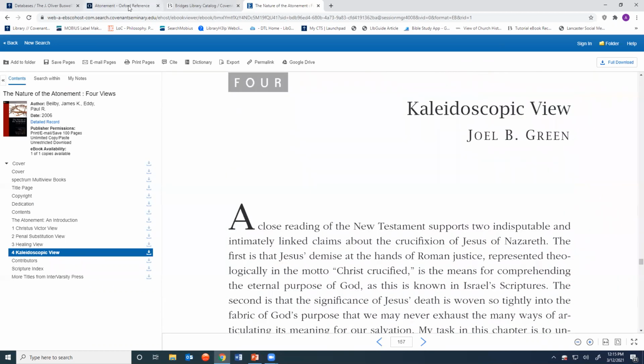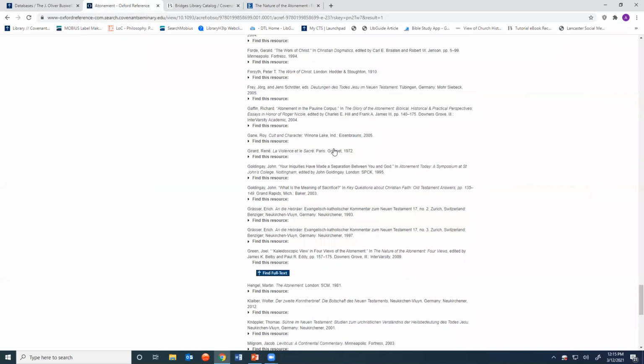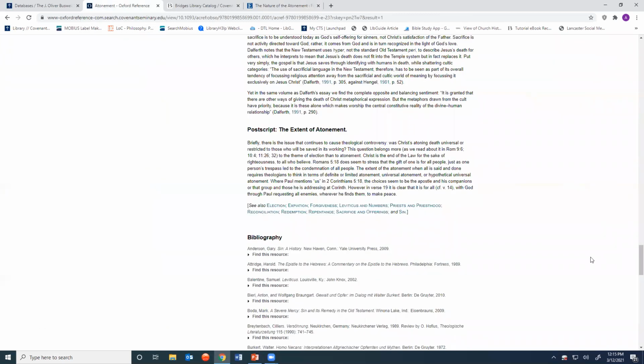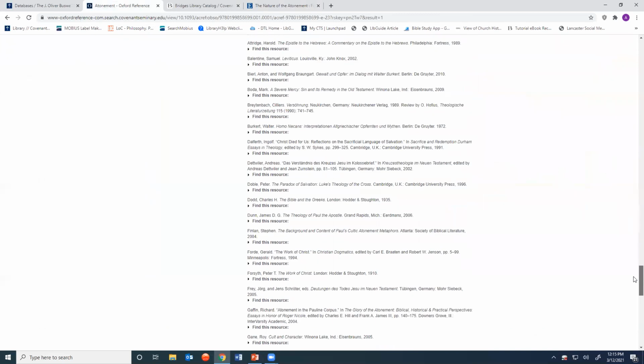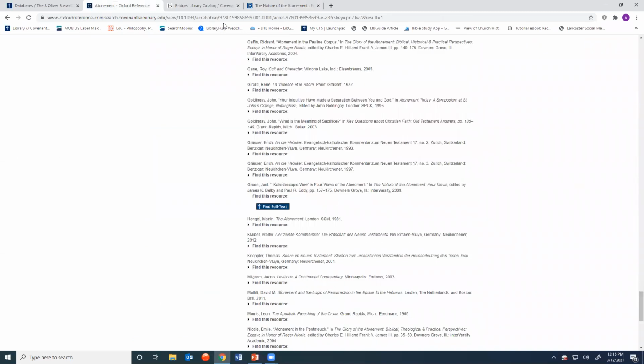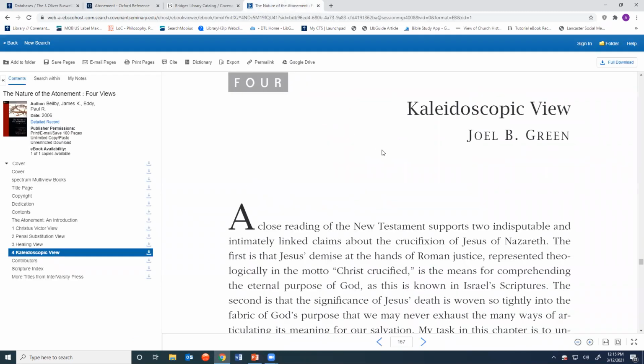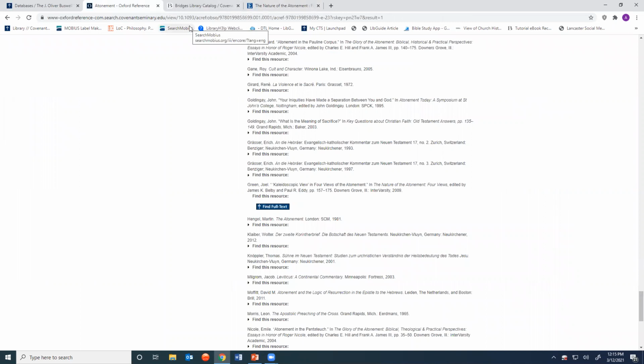So we're able to move very quickly from the article on the Atonement to the bibliography showing us more relevant resources, and then almost immediately to a full text copy of the ebook. There was no hunting around in catalogs to find where the book was available, or going down into the stacks to pull it off the shelf and check it out. You can do it all from the same place.